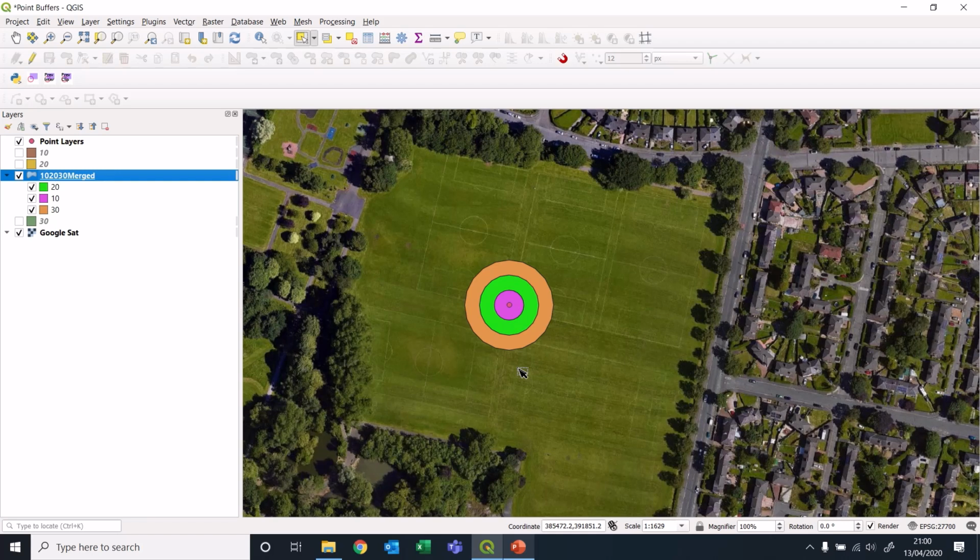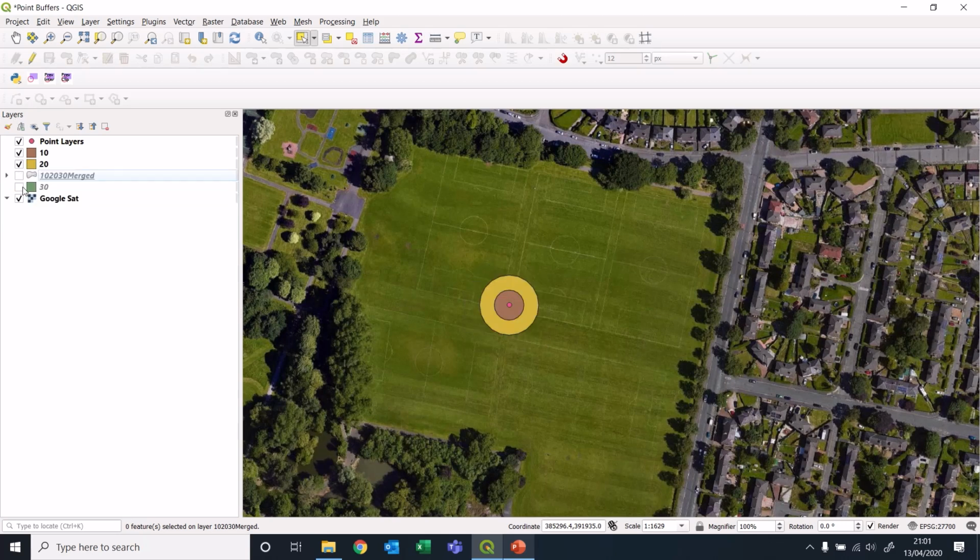If we were bothered about the fact that the 30 meter buffer is a full 30 meters and not the difference between the 20 meter and the 30 meter, so it's not just this single ring without this green bit in the middle, if we were bothered about that, then we're going to have to do something different. So I'm just going to hide this layer now. We've got our 10 and 20 and 30 here already. What we're going to have to do now is use a different